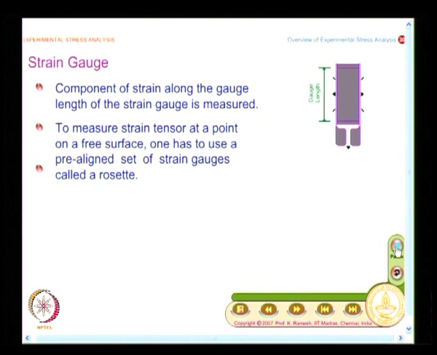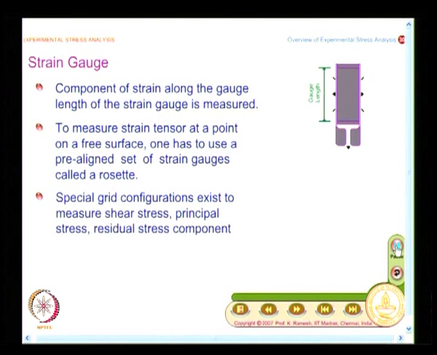And you also have special grid configurations, you do not stop at only measurement of strain, there may be requirements where you may want to directly find out shear stress, or you may want to find out principal stress, or you may want to find out the residual stress component. So, for all these cases special grid configurations exist,